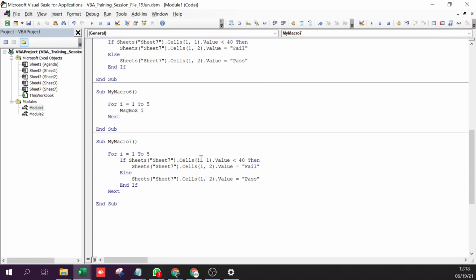And another corresponding change to this is, if this is less than 40, then I want to write fail in that respective row only, right? Not in the first row. So you change this as well. Yes, Cells(i, 1) throughout. i comma 1, i comma 2, whatever, right? So the row has to be now i.